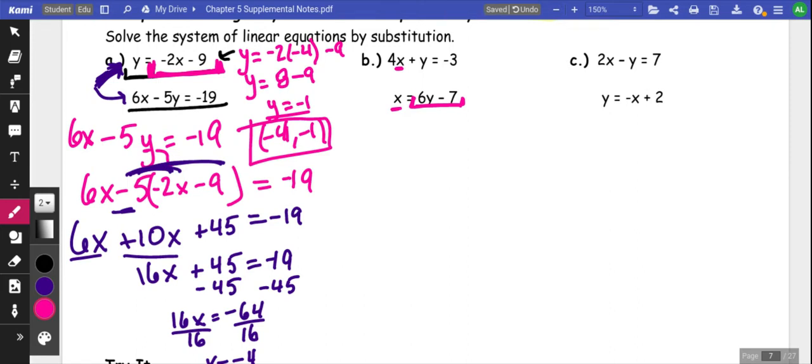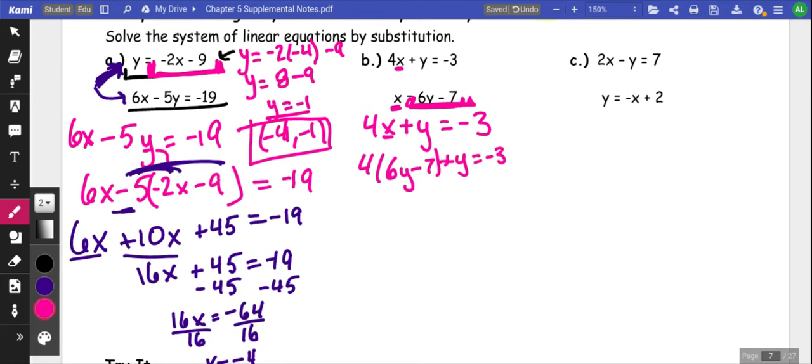Okay, I'm going to take this 4x plus y is equal to negative 3, and I'm going to say, okay, now instead of this x, I know x is the same thing as 6y minus 7, so I'm going to replace it. I'm going to say 4 times (6y minus 7) plus y is equal to negative 3. Same thing. I've got parentheses, so I know my first step is to distribute. So I have 24y minus